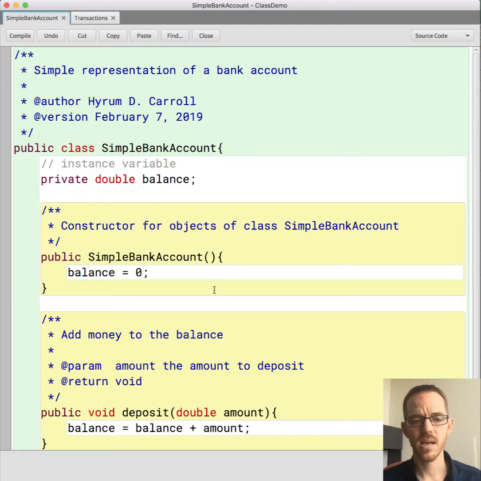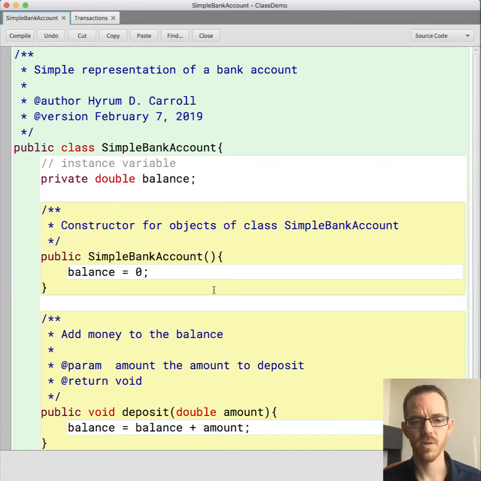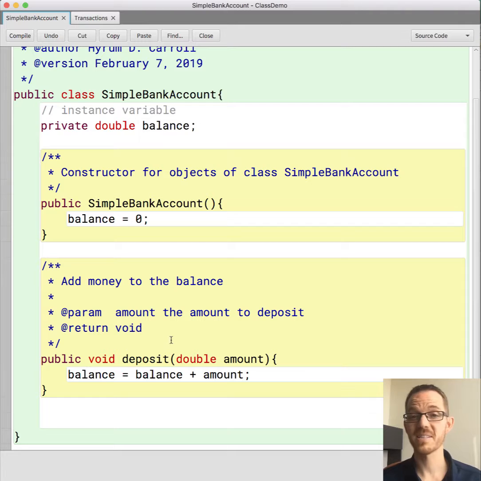So let's look at another method that we're providing here. We want to be able to deposit money, right? So here we declare it public, which means any class that has access to SimpleBankAccount can call the deposit method for that object. We want different classes to be able to use that method. It's part of the interface we're providing, and it needs to take as an argument a double so that it knows how much to deposit.